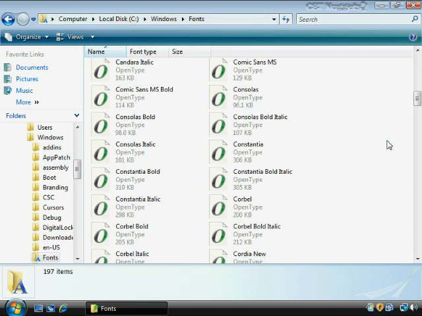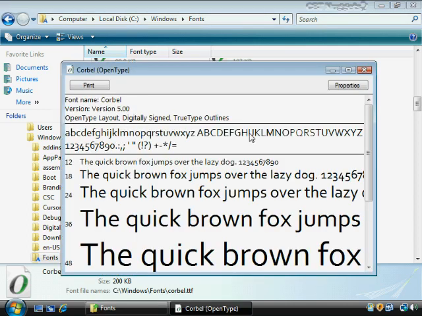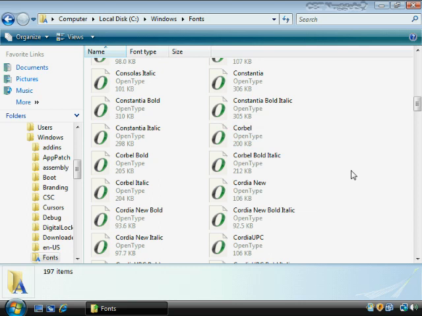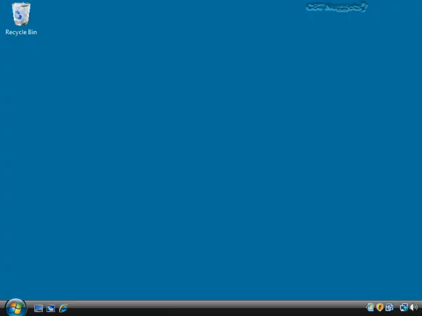One thing that can be interesting, though, is you can take a look at some of these, and I can double-click on one to get a preview so I can see what it looks like. Likewise, if I wanted to, I could right-click on it and choose Print to print out a sample of this. Some fonts are more legible than others, and it might be a good way to get a preview of some of those that you might be able to use.